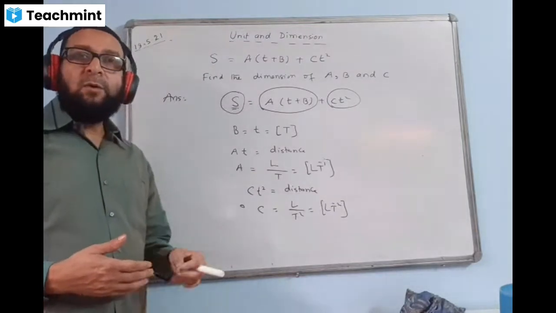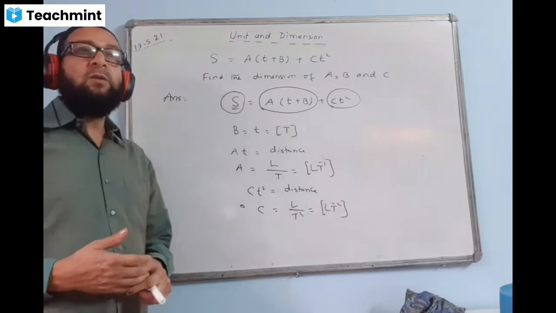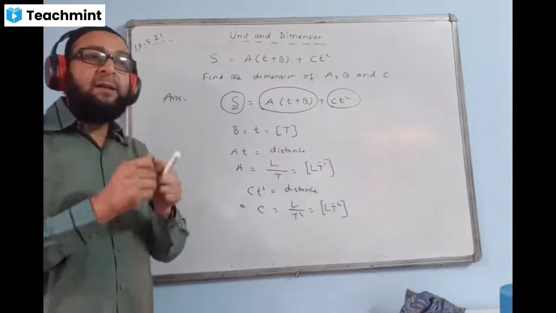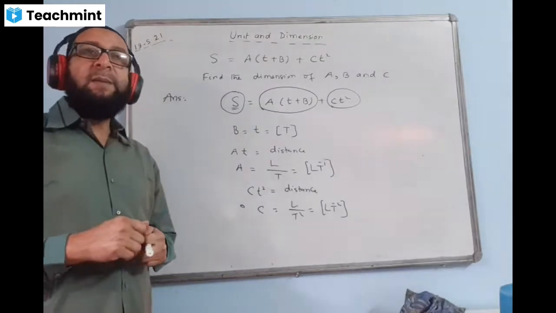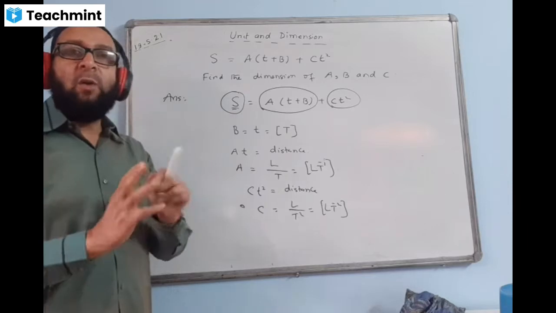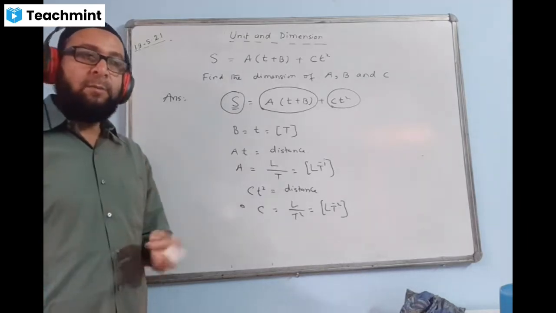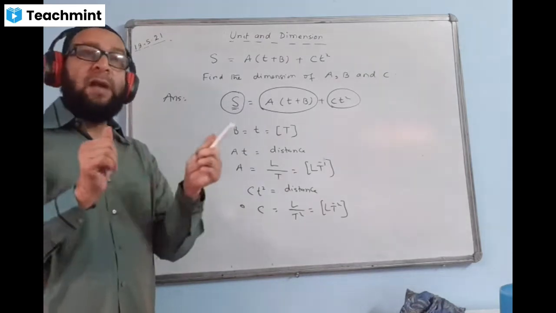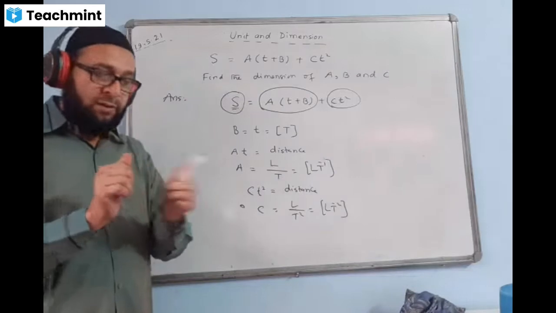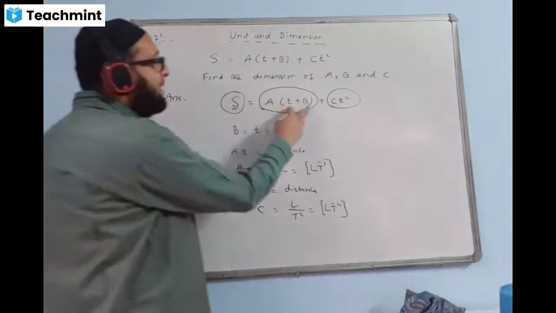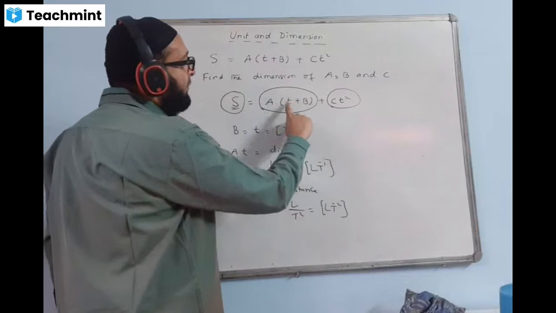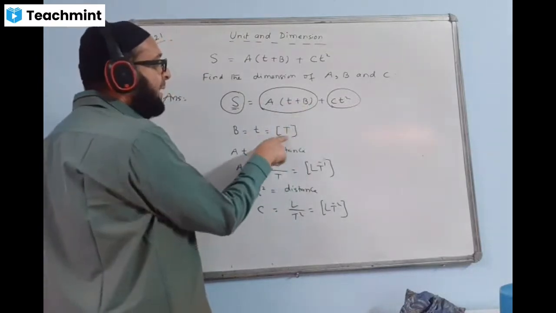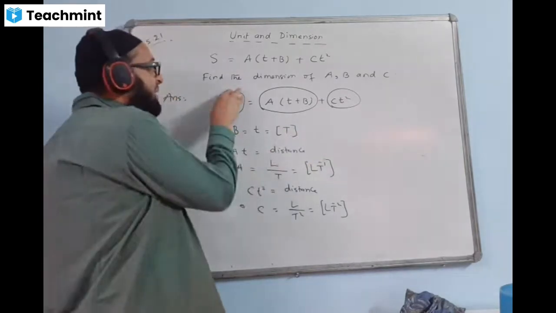Yesterday, I told you about the principle of homogeneity. That means only homogeneous quantities, the same type of physical quantities, can be added and subtracted. Whereas multiplication and division are possible with two or more non-homogeneous quantities also. But addition and subtraction are only possible with two same type of quantities. I'll bracket the plus sign. With time, what can we add? We can add another time. That is, B is a kind of time. And what is the dimension of time? T.